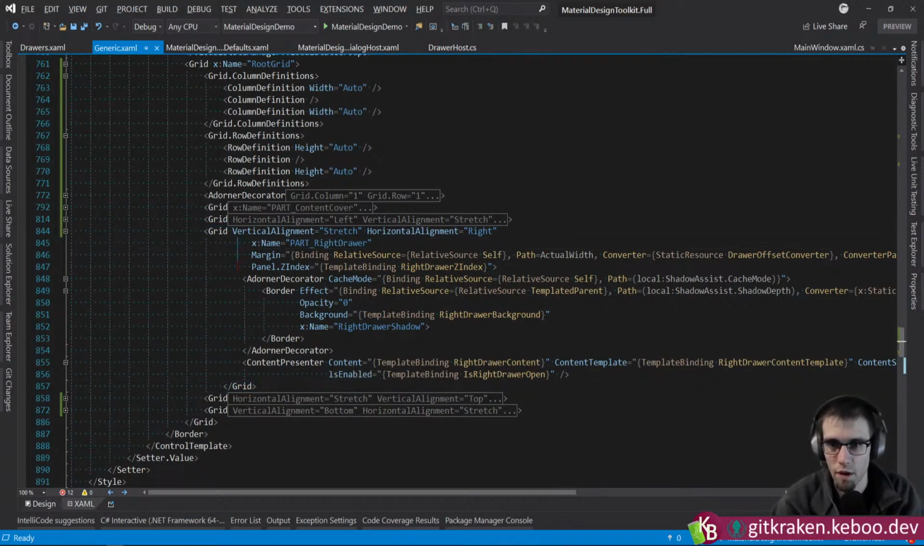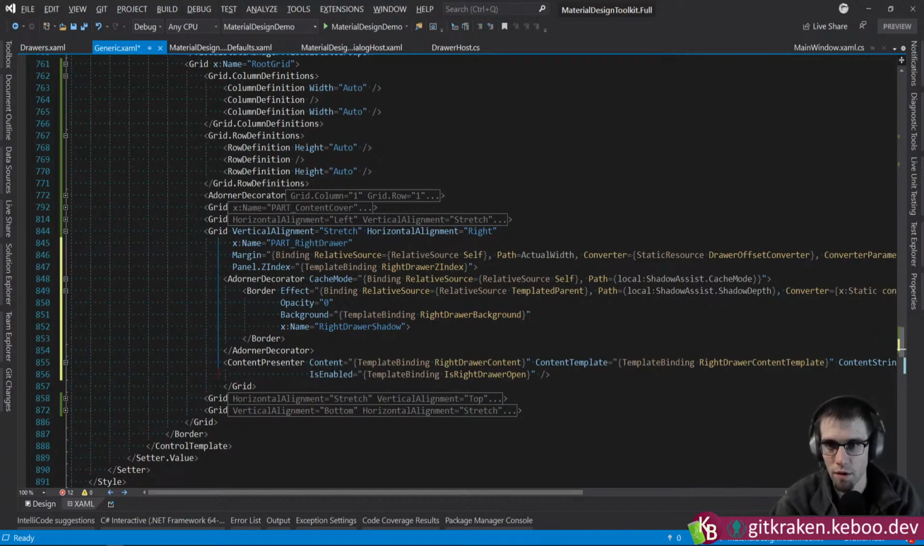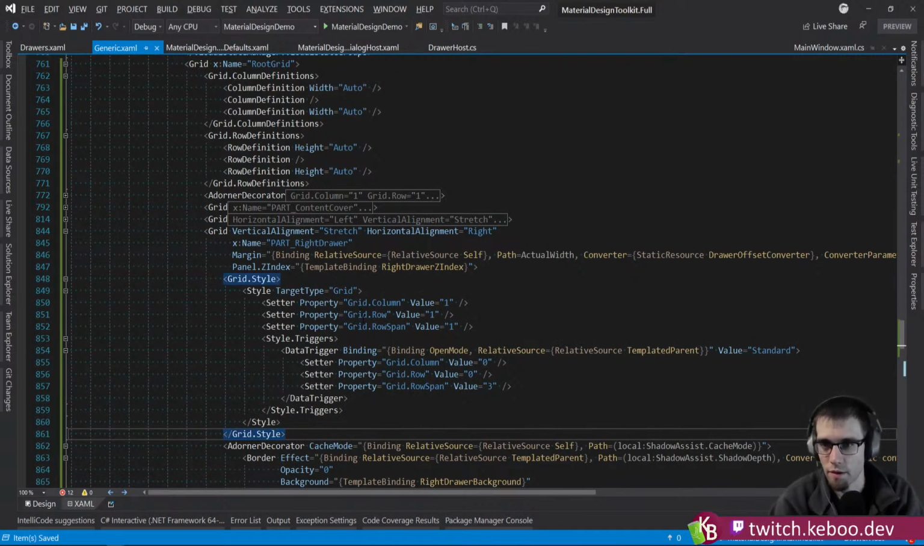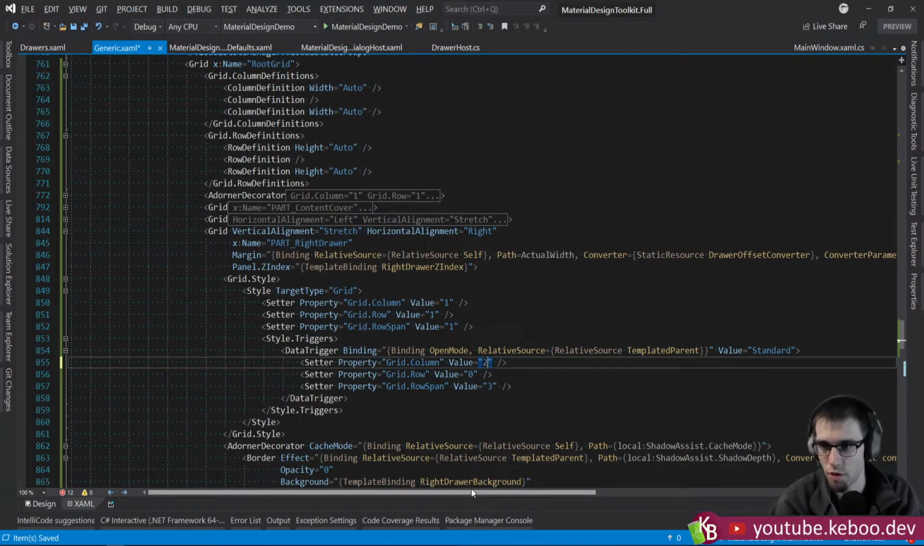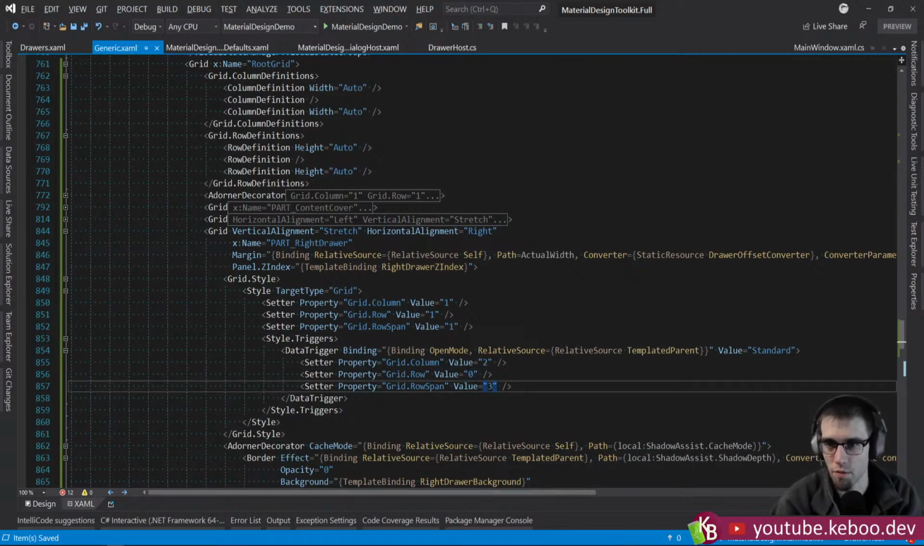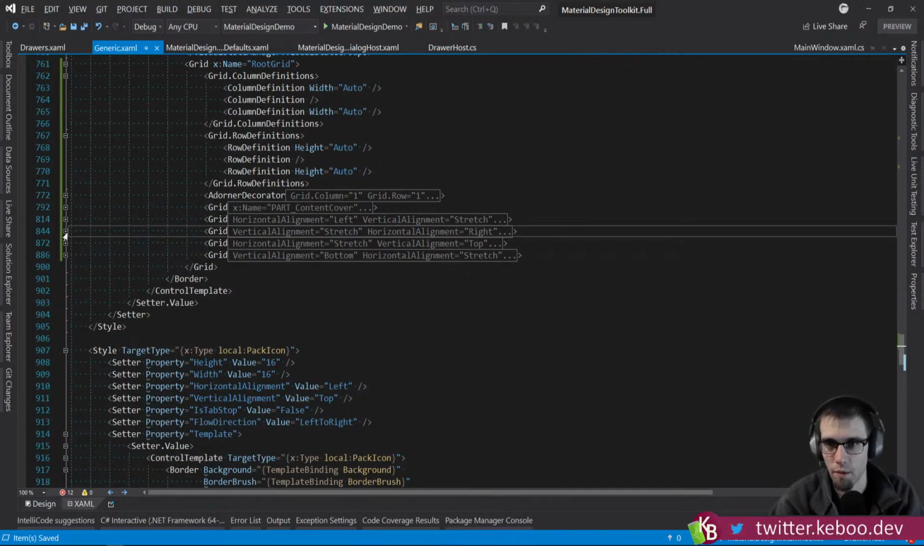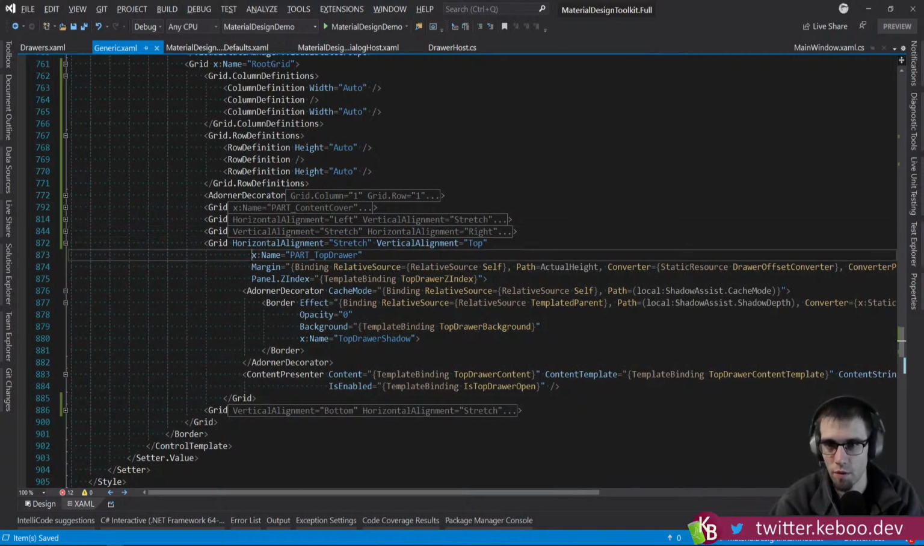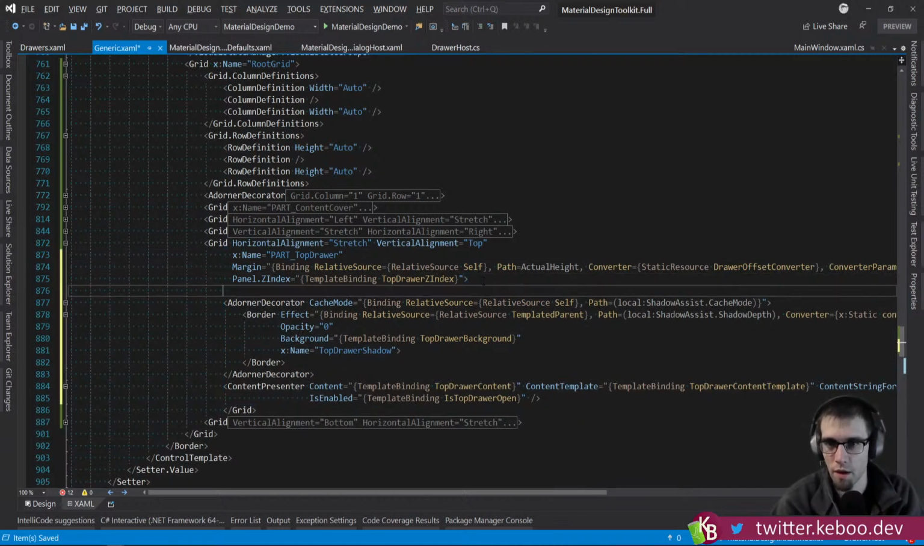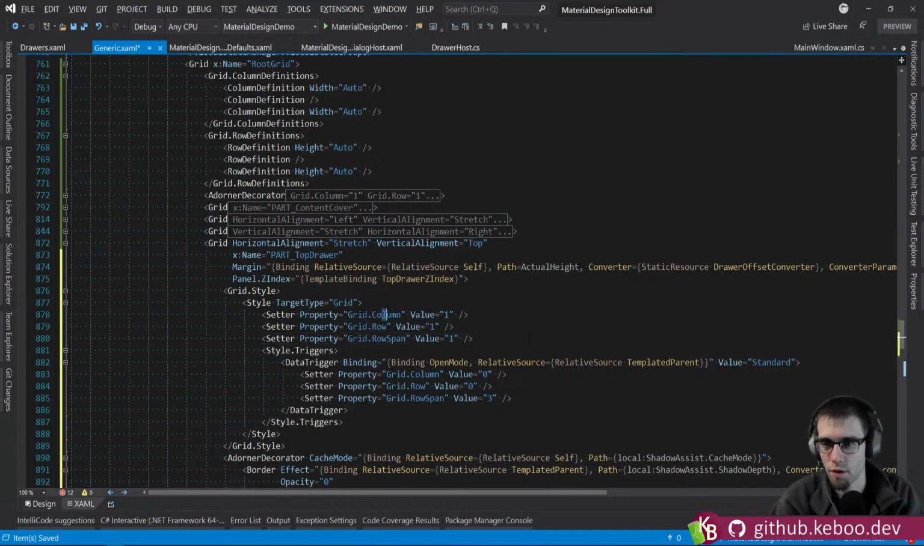So let's unindent all of you. And then we will address. Okay, so this is the right side. So in modal, this is correct. In non-modal, column becomes 2. Grid row becomes 0. Row span becomes 3. Okay, that works. Which one are you? You are the top. So we'll do the unindent thing. We'll come here. Okay, so top,